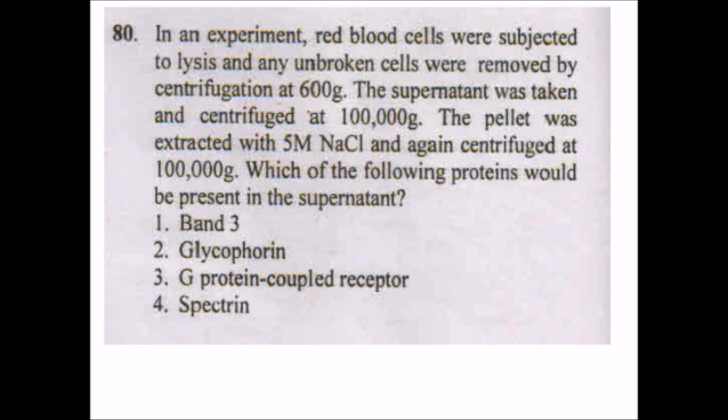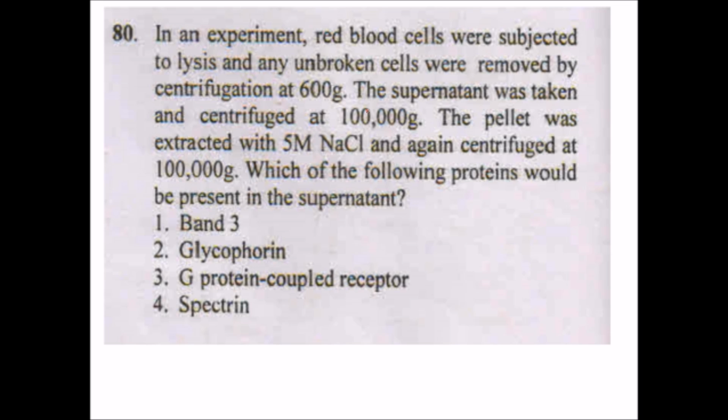by centrifugation at 600 g. The supernatant was taken and centrifuged at 100,000 g. The pellet was extracted with 5 molar NaCl and again centrifuged at 100,000 g. Which of the proteins would be present in the supernatant? The protein which is inside the cell will be present in the supernatant, and the protein which will be